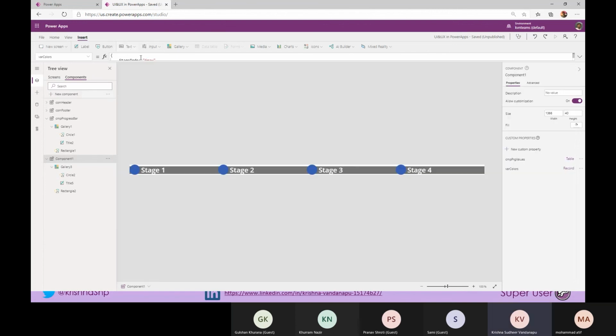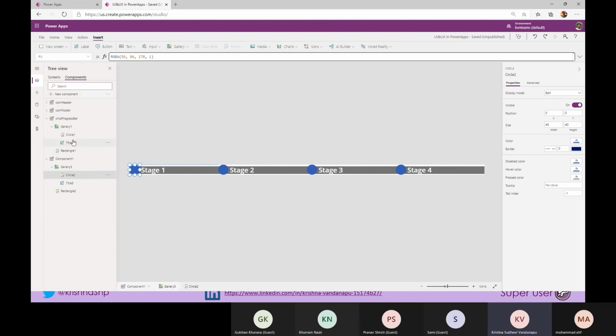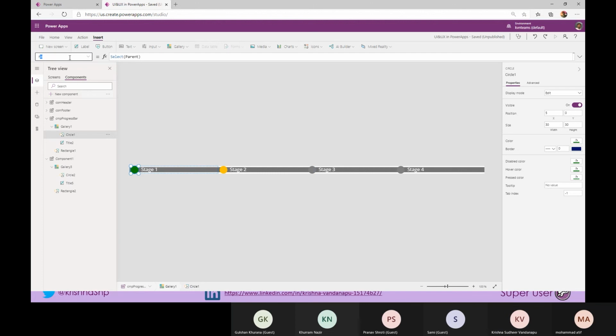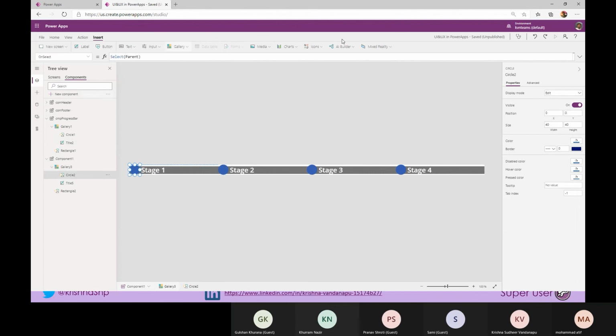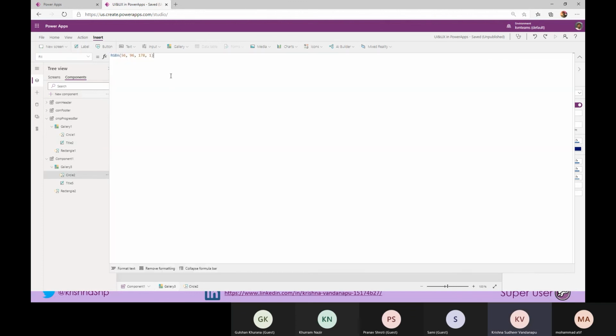Now that I have colors in hand, I will go to this circle's fill property and change the formula. Taking time into consideration, I am just referring to my existing control so that we can move on to the next topic.